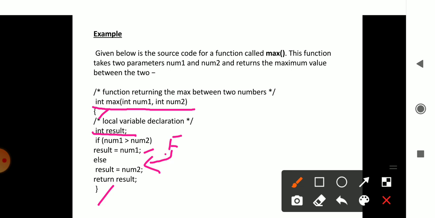In the else part we have given that result equal to num2. So we will get the greater number as result. We have declared the variable result as integer to store the greater among these two values, num1 and num2. Now our next statement is return result.